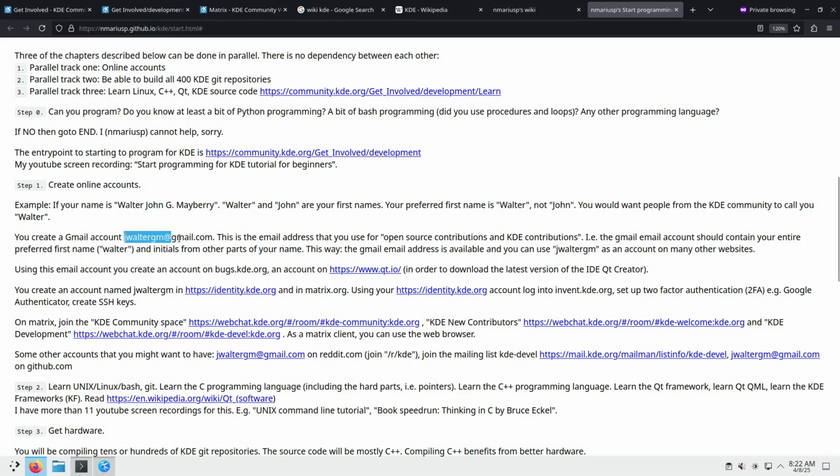Why that? Because this email account will be present in a ton of places, and it will be easier for people to call you by the first name. If you want to be called John, then it's going to be obvious from the email account, this is John. Similar to the way you have your corporate email account, where you either have your entire name, like